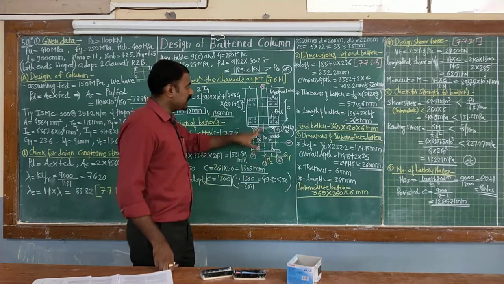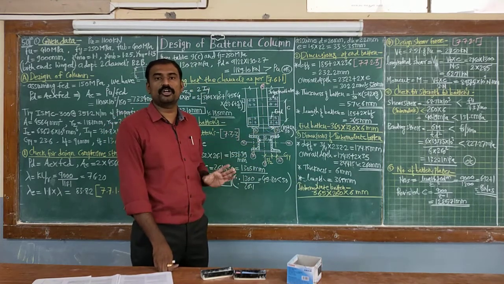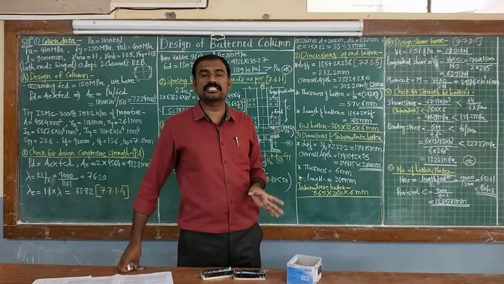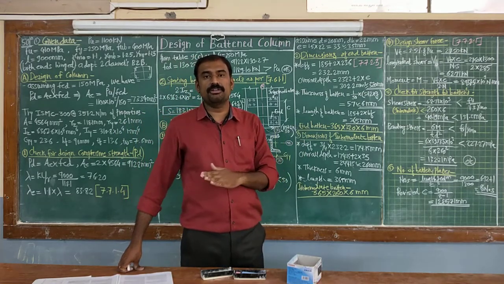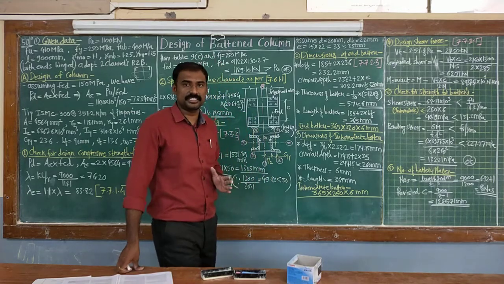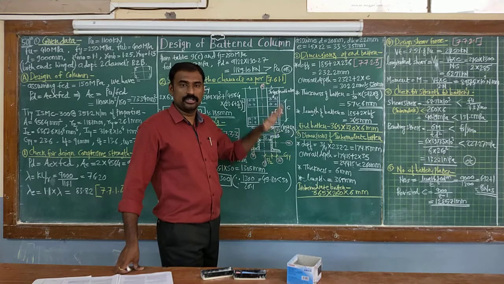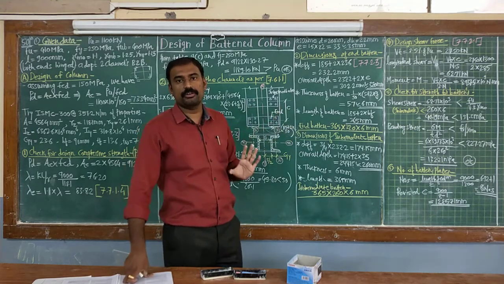Here again, based on the dimensions of the plate, whether end batten or intermediate batten, you have to check the maximum pitch distance and edge distance, whether they satisfy the specifications of IS 800, correct? That design of connection part I have not done here; you carry it out depending upon the number of problems we have solved.